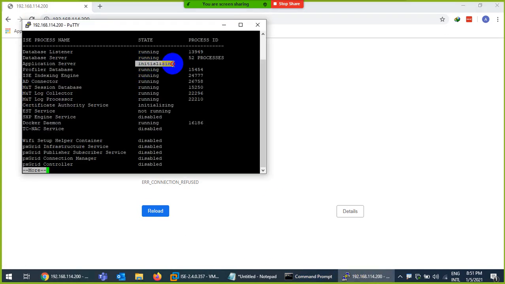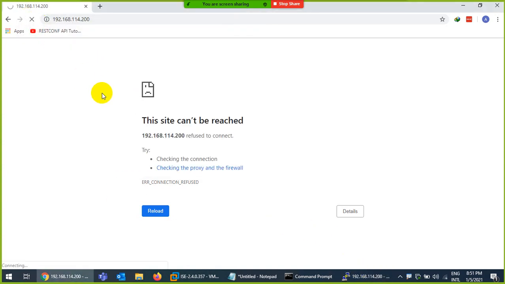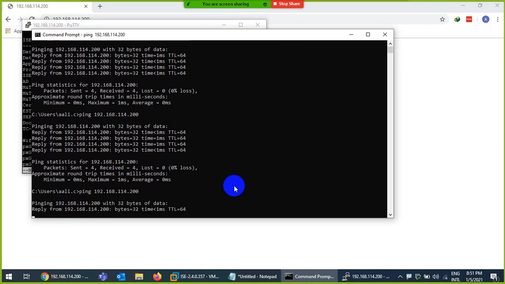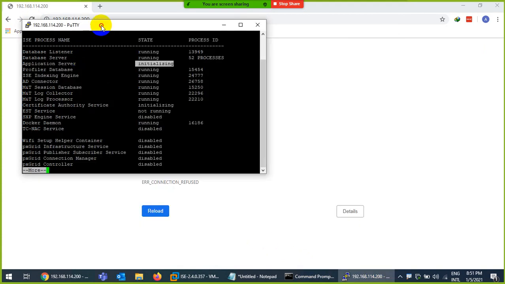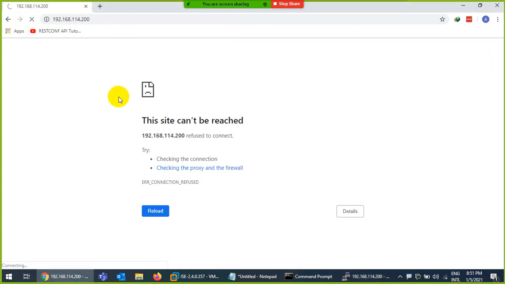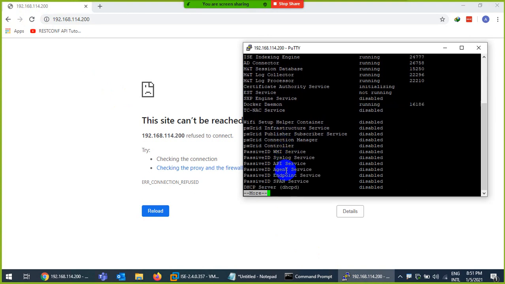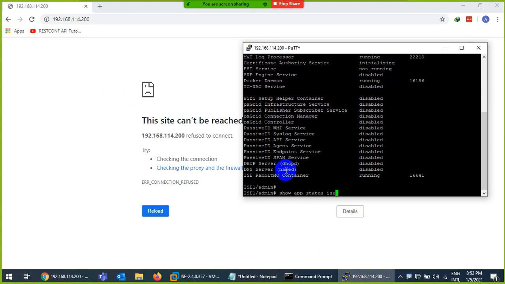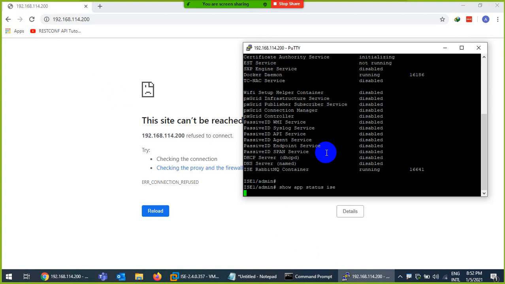You can see this one, we are waiting for the state to change to running. Okay, let's see now. So we can ping them. Just check again. Show app status ise. Let's check the status.